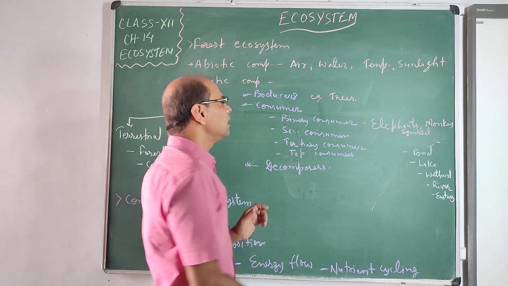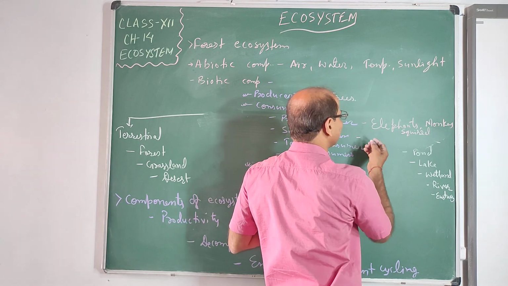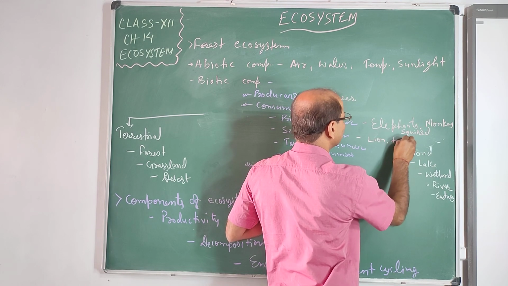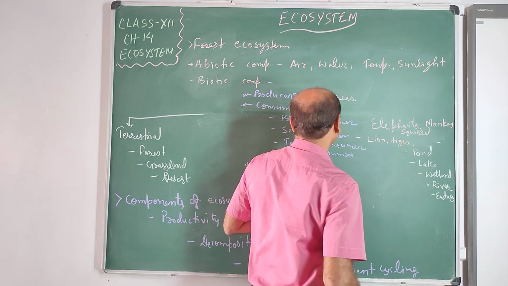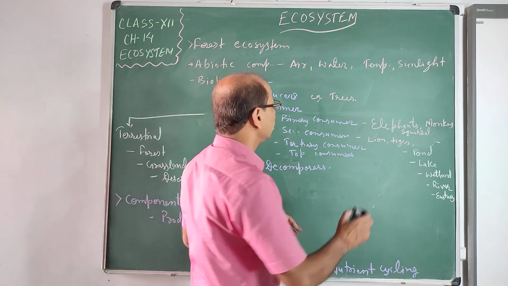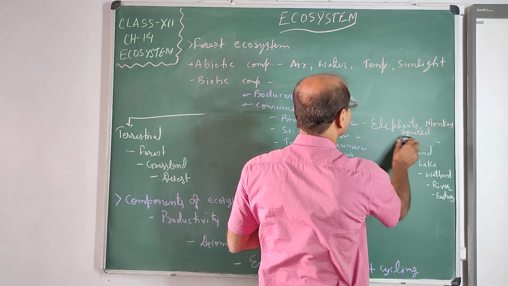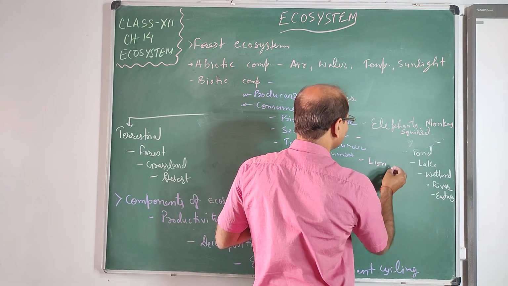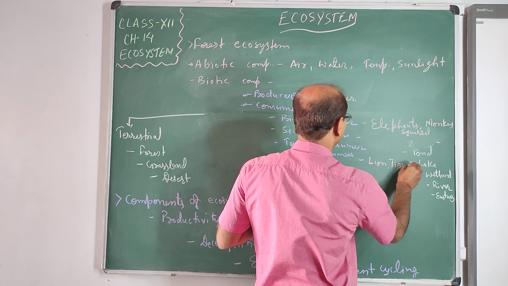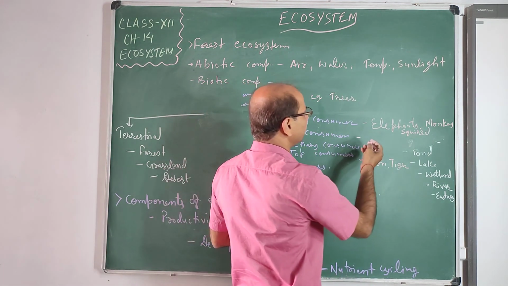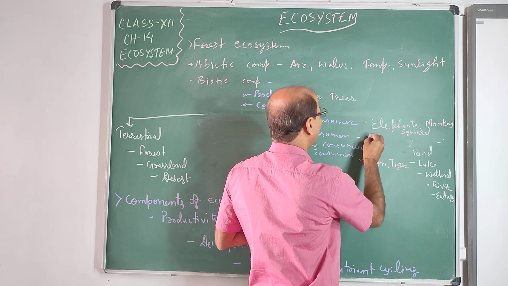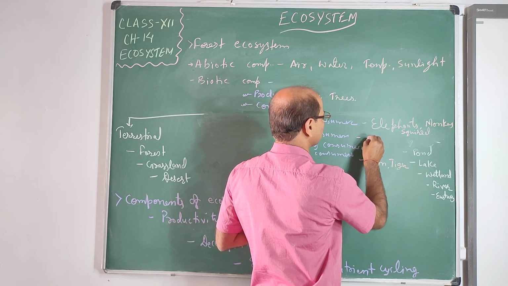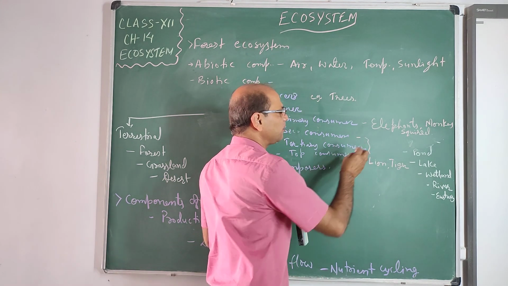Now secondary consumers depend on primary consumers. They are mainly the carnivores. We can say the lion, tiger, wolf. They may be the smaller ones. So lion and tiger are the tertiary or top consumers. So the secondary consumer may be the wolf, or we can say they are the small carnivores. Secondary and tertiary both have small carnivores.